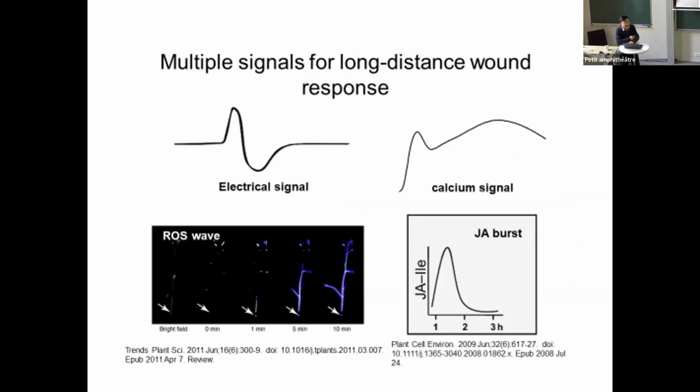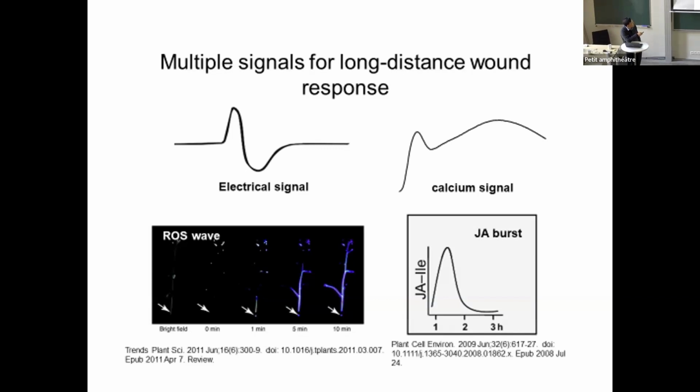Okay, so the last example is a systemic signaling mediated by calcium. This example is a wounding response. Okay, it's a severe wounding. You have to really cut the vasculature before the local signal gets transmitted to the distal organ and becomes a systemic signaling process. So this process involves several signals.